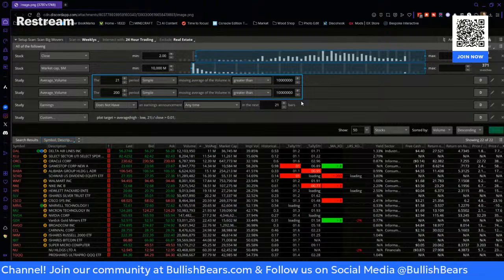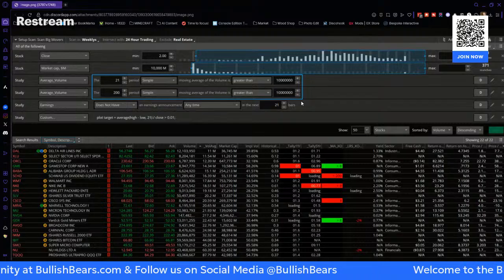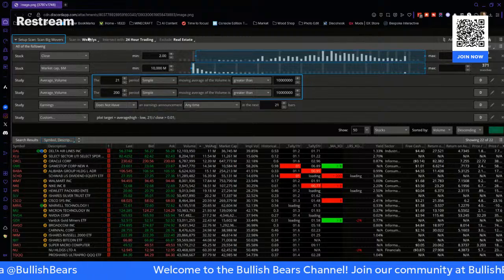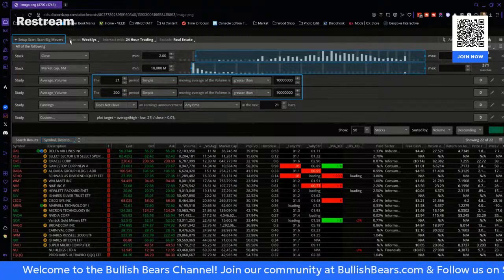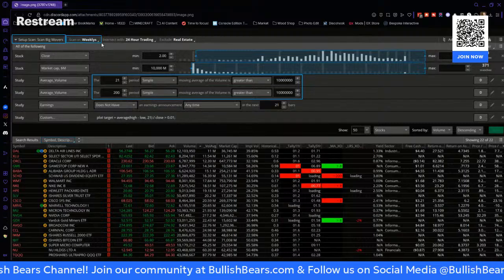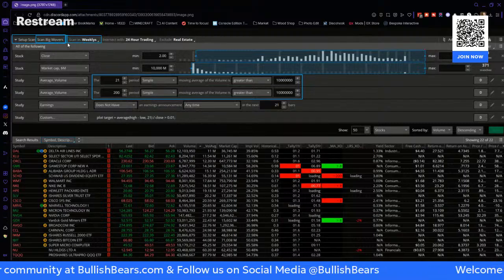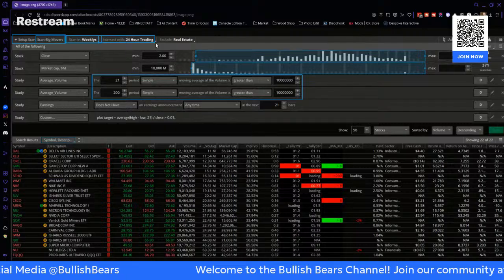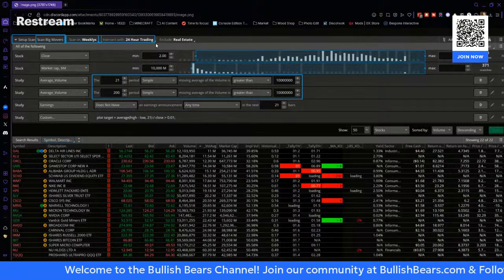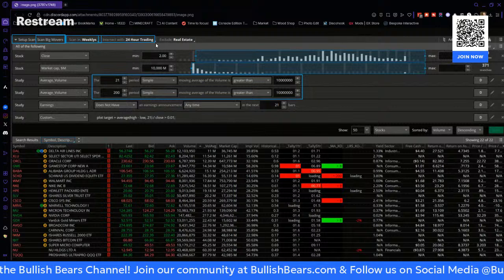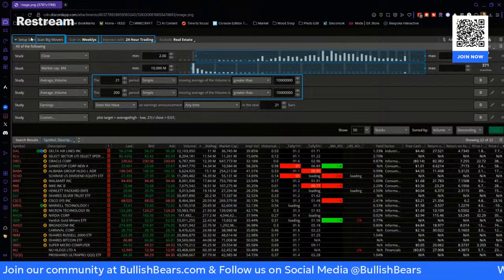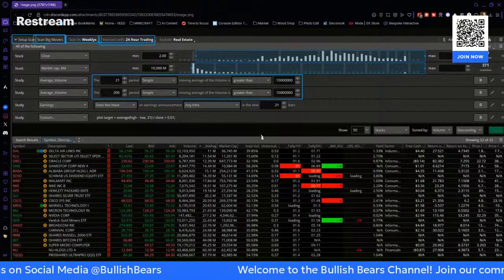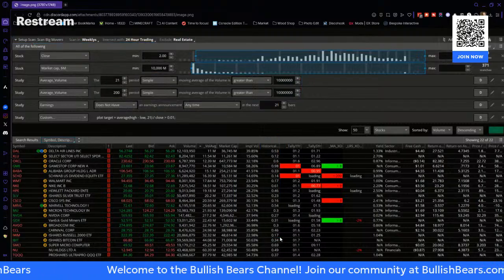Now, what you could do, you personally, with this is you could make another screen that references this one that you've already got named, called Scan Big Movers. And what you would build your new one to say is, where it says scan in weeklies, you would tell it scan in big movers, and then you would intersect that with whatever option stuff, like say call sizzle or put sizzle. I would do each one of those individually. And that way, if it's in scan big movers and it has call sizzle, it'll trigger in your new watch list.